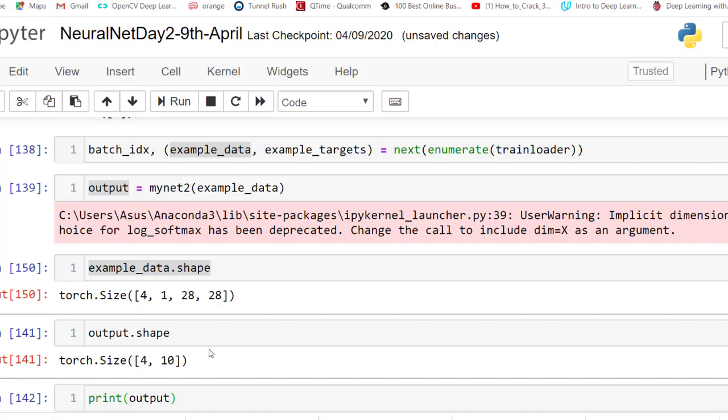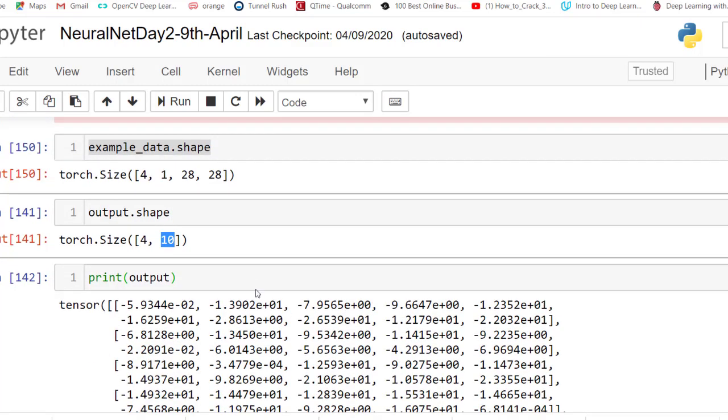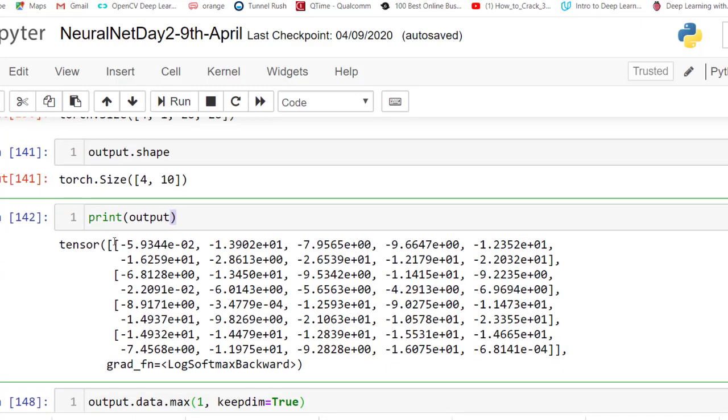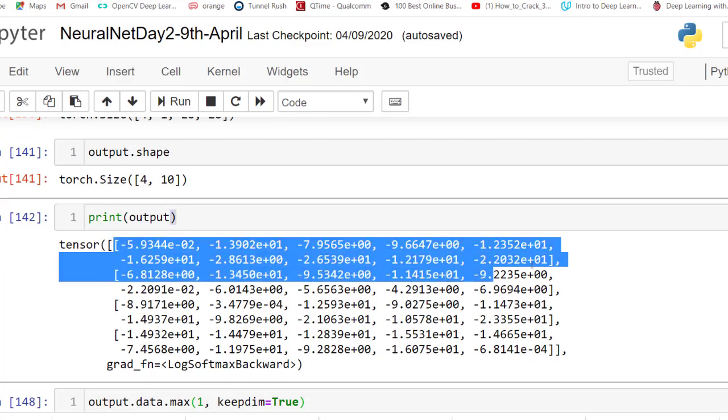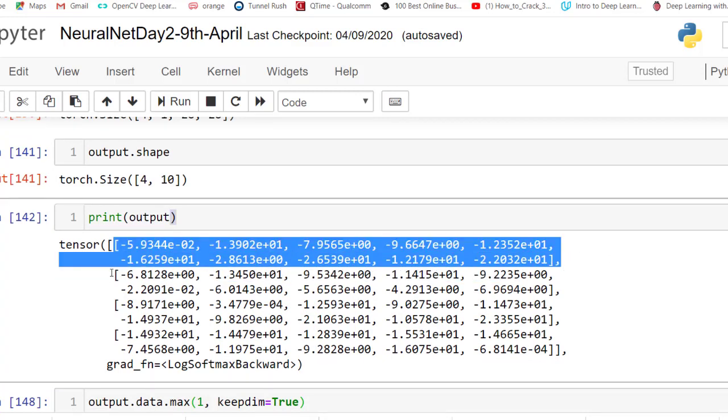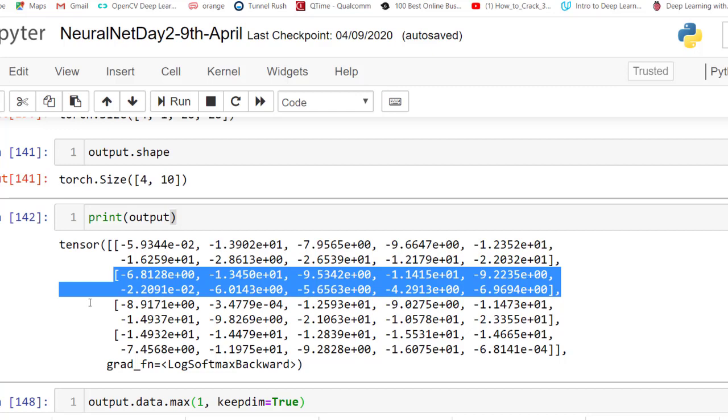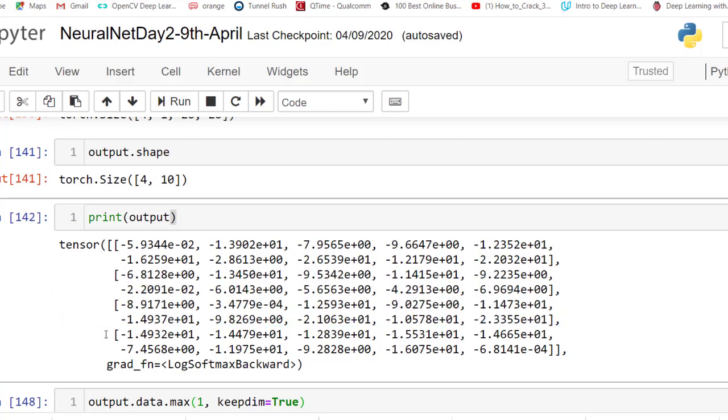So what it means is for every image it has produced 10 outputs, because our batch had 4 images. Okay, let us print the output, and these are a lot of numbers, 10 numbers for every row.